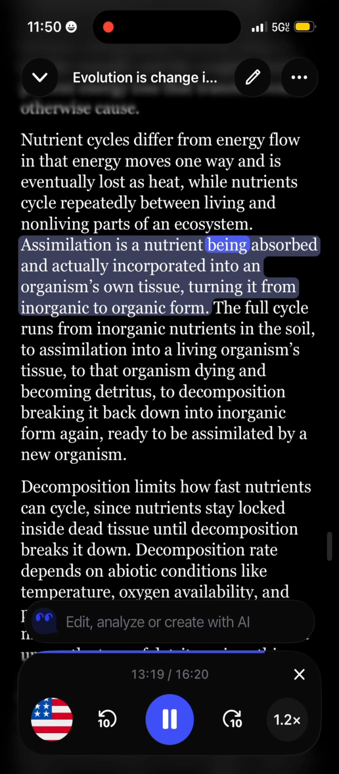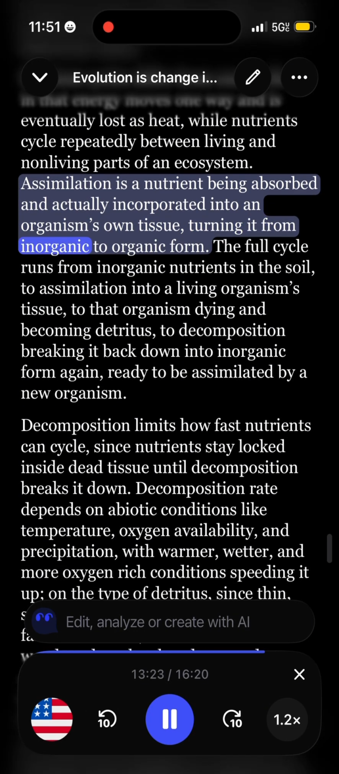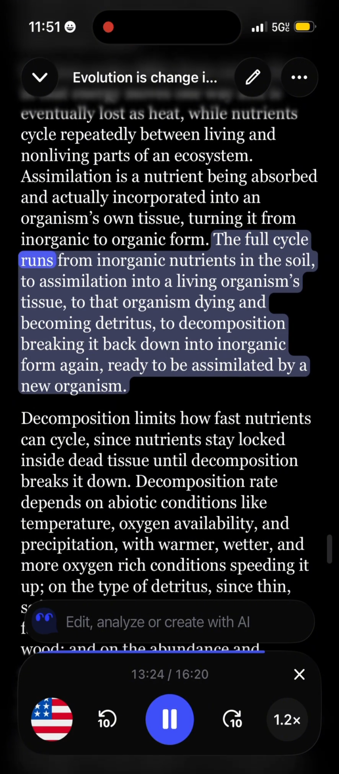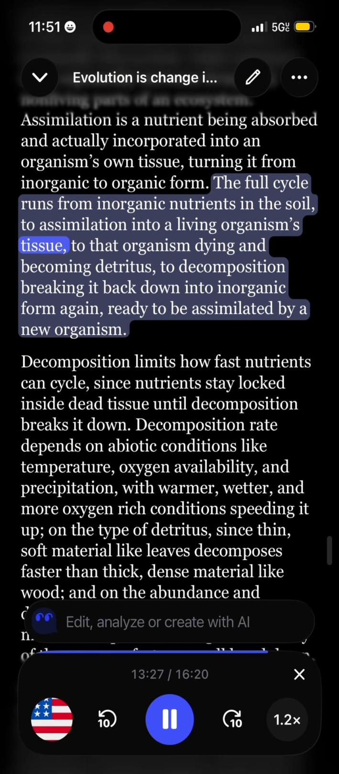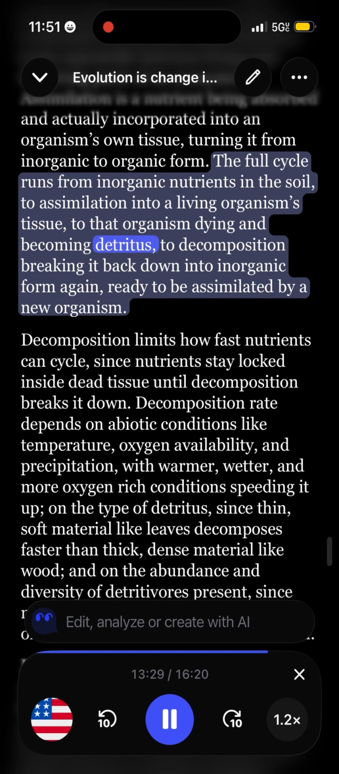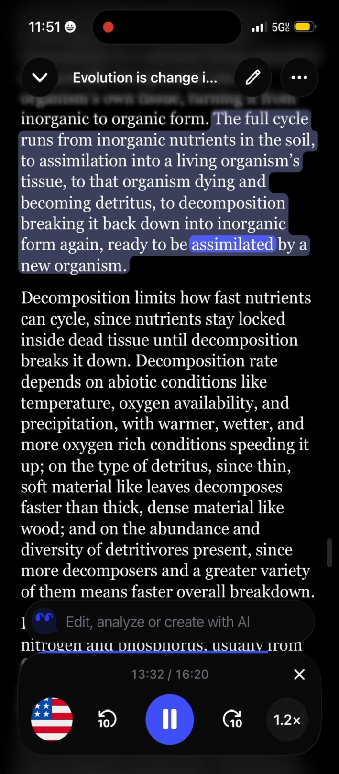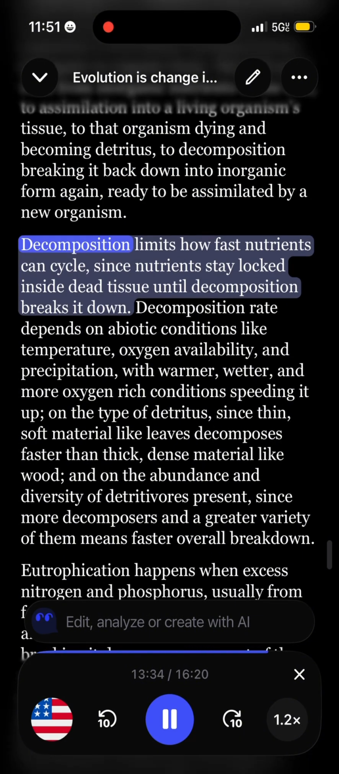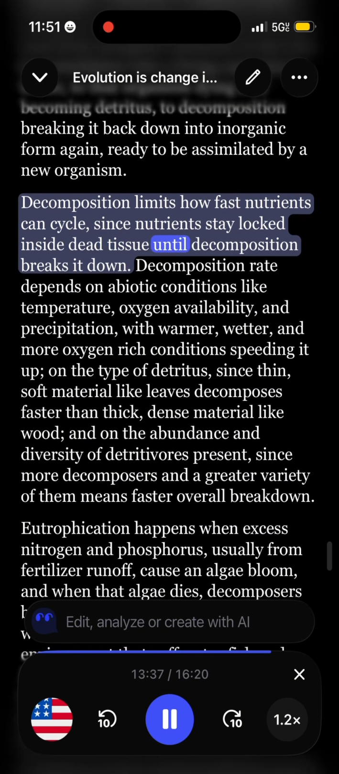Assimilation is a nutrient being absorbed and actually incorporated into an organism's own tissue, turning it from inorganic to organic form. The full cycle runs from inorganic nutrients in the soil, to assimilation into a living organism's tissue, to that organism dying and becoming detritus, to decomposition breaking it back down into inorganic form again, ready to be assimilated by a new organism. Decomposition limits how fast nutrients can cycle, since nutrients stay locked inside dead tissue until decomposition breaks